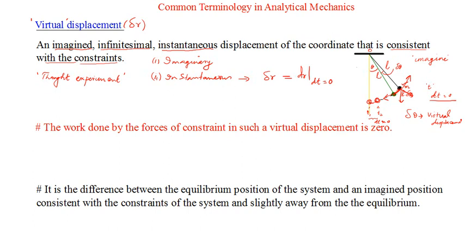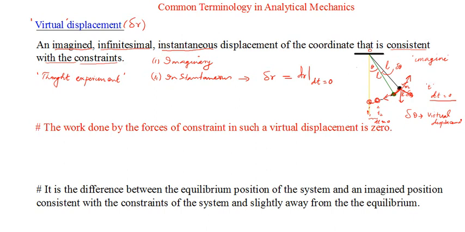So I will just demonstrate one or two examples of how the concept of virtual displacement will simplify the solution of a mechanical problem. How you can get rid of the tensions, or the presence of constraints. I take tension here as an example, a very visible, very familiar example of a constraint